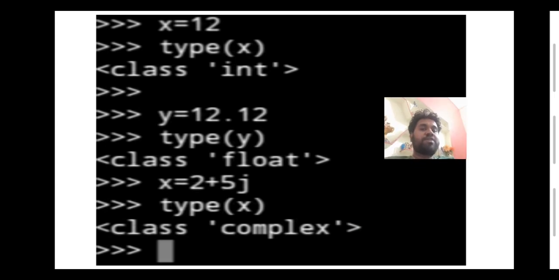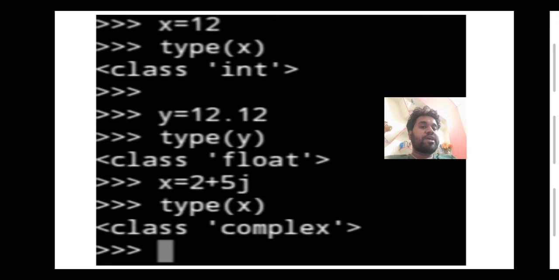Here I have demonstrated in the Python shell: x is equal to 12 I have written. I want to know what type it is. So type, within brackets I have written x, then it is showing class int, that is integer. If I write y is equal to 12.12, then type y, it is coming class float, means it is from the float family, that is the decimal number family.